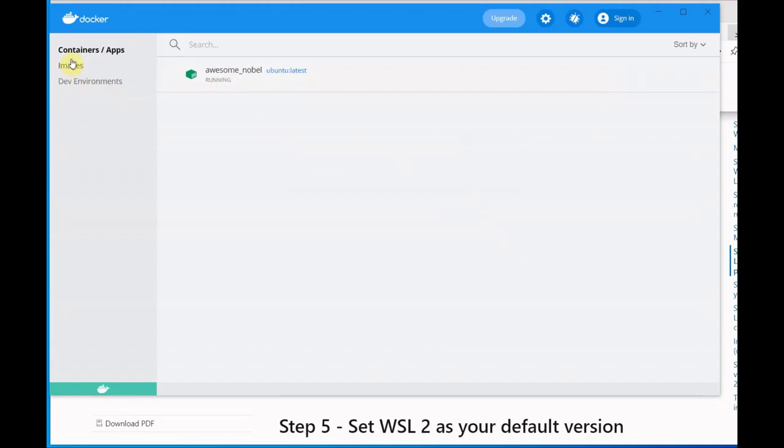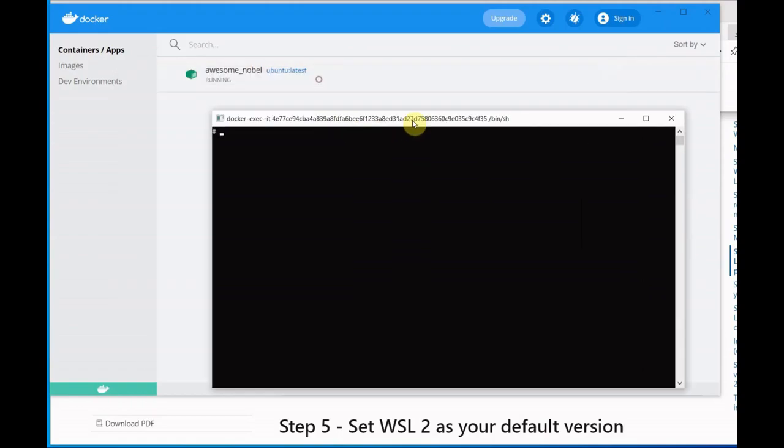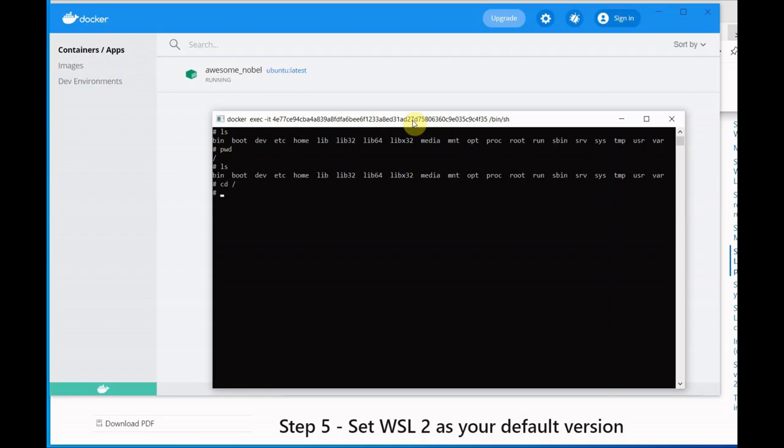So this is a container. Earlier it was showing empty. Now in the container option we have the Ubuntu container. So this is a client mode. So this is a container window. Okay, we have just logged into the container, so we can check, and if we want to update this container or install any packages, we can install them here. So this is the container window. Let's go to root. We can check anything.